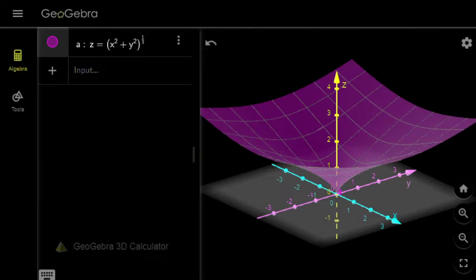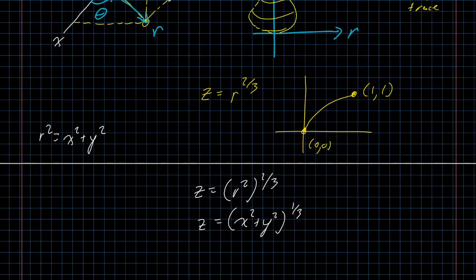All right. So there is one application of cylindrical coordinates. Before I wrap up here, one other thing that I really like to focus on